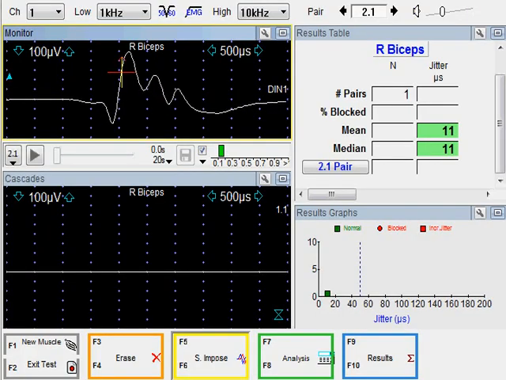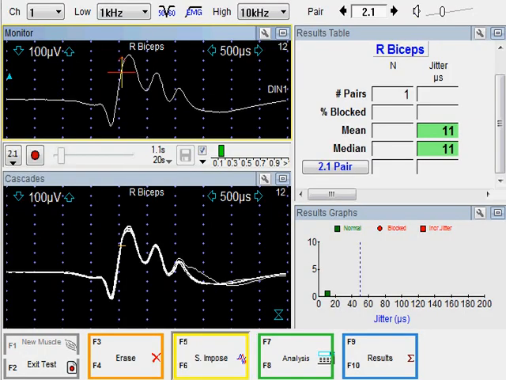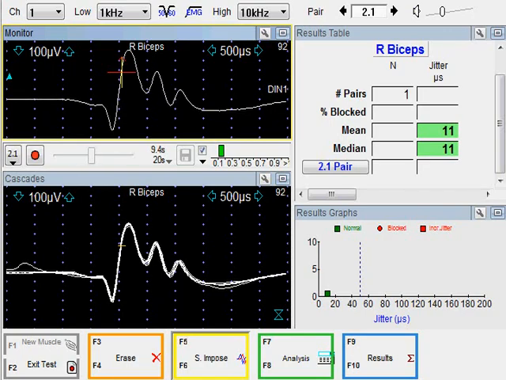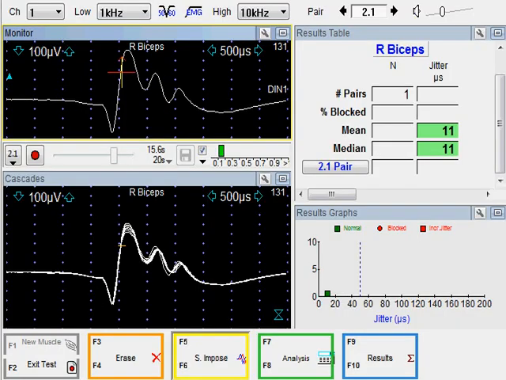I'm at another site, and I can see three potentials over here. I will start recording. And let's say I want to stop over here. So I'm going to push the acquire button to stop recording,